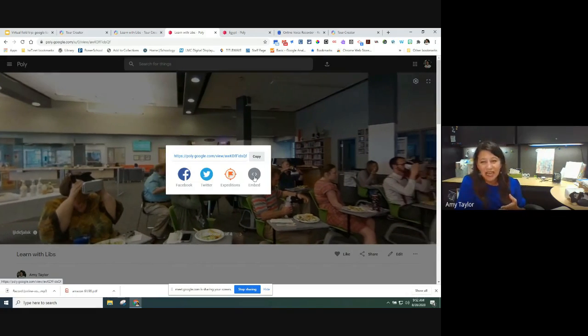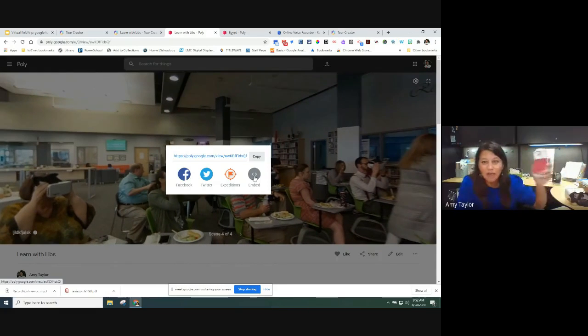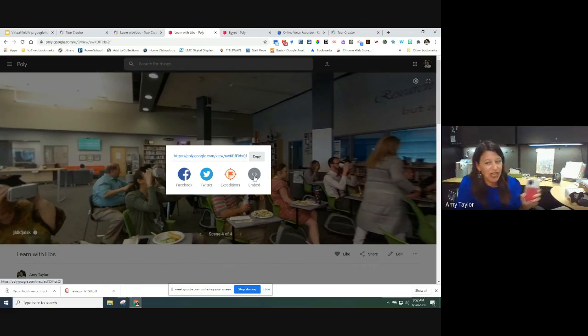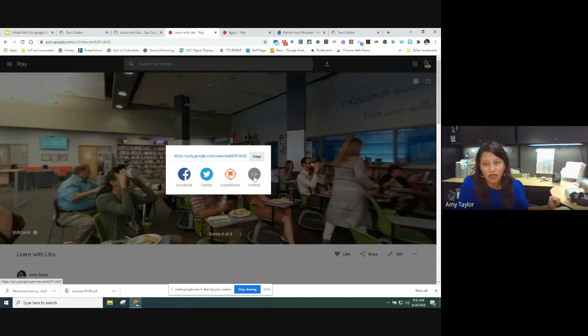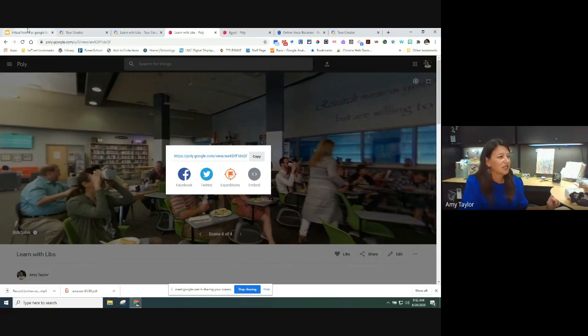You can send it to Expeditions so that the next time you log into your Expeditions app, it will be on the app for you. It's not on everybody's Expedition account, just on yours. Or I can tweet it, copy the link, whatever, share it however I like. Okay, so